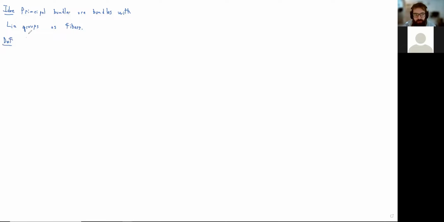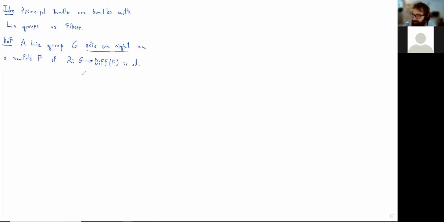So let's start with the definition, which is not the definition of principal bundle, but is the definition of a right action. So we already defined an action of a group on a manifold or on a set in general. And that is sometimes referred to as an action on the left. But here I also want to define what is an action on the right. So we take a Lie group and we say that it acts on the right on a manifold F. And I'm calling this manifold F because then in our setup, this will be the fiber. If we have a map R from G into the diffeomorphism group of F